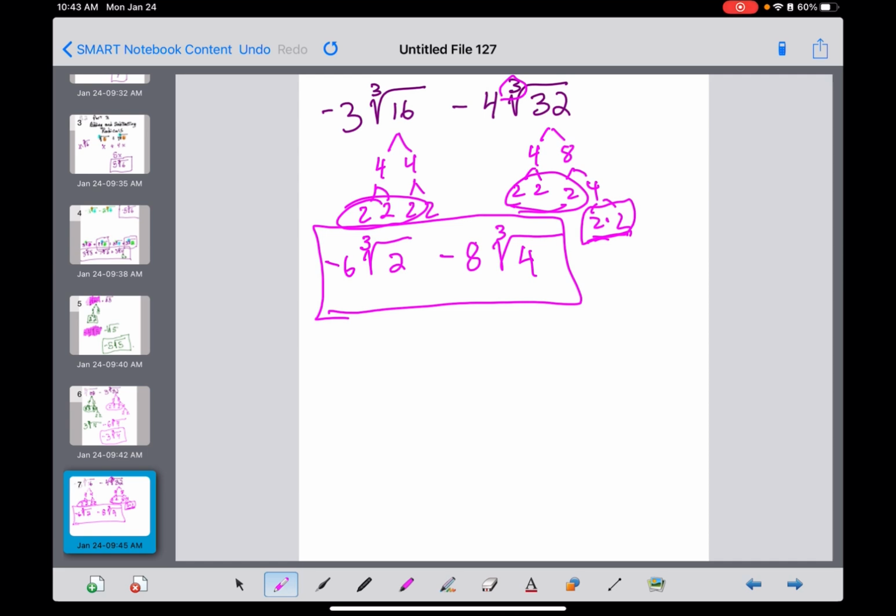Okay. So that is day 3 of 5 days of section 5, adding and subtracting radicals. Remember, when you're doing these, make sure that the index and what's underneath the radical is exactly the same. Okay. You're going to get a worksheet